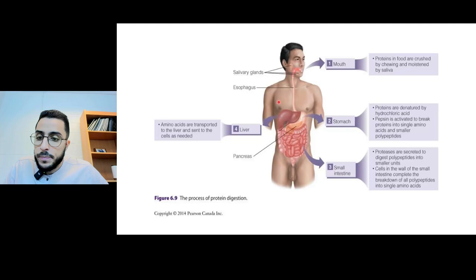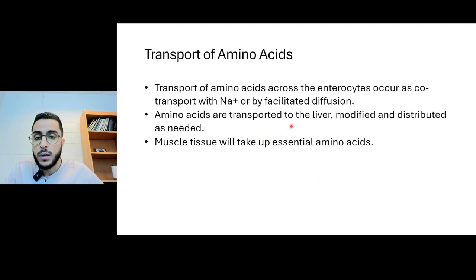I think I talked about this. Whatever is dipeptide, tripeptide, and single amino acids will be carried to the liver, which then will do a bunch of things to them and transport them. Okay. Now,